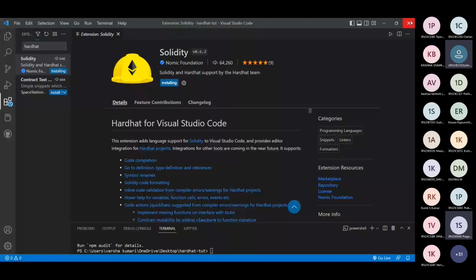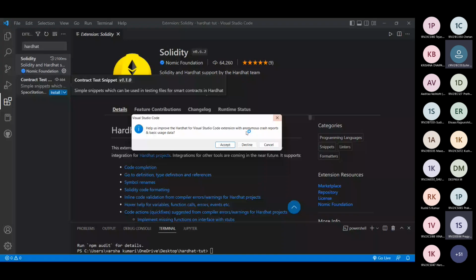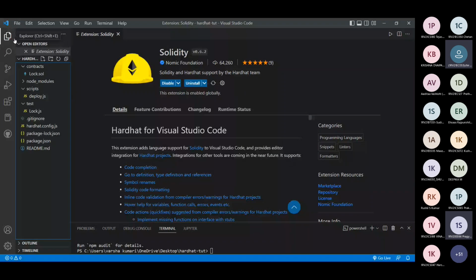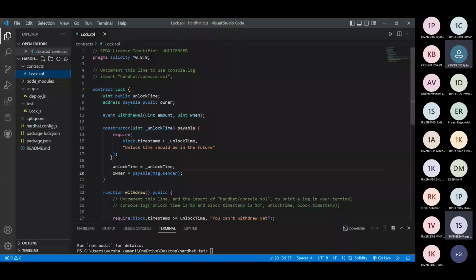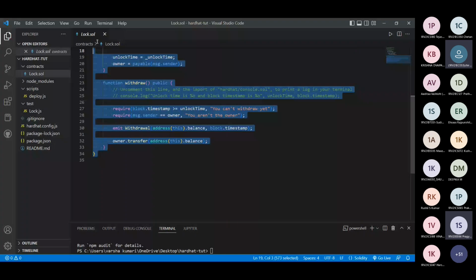All right, so we have got it installed. No worries. Now, how beautiful it is. Syntax highlighting, every part of the syntax is highlighted. Everything is pretty much more beautiful now. So what we do in this contracts folder,